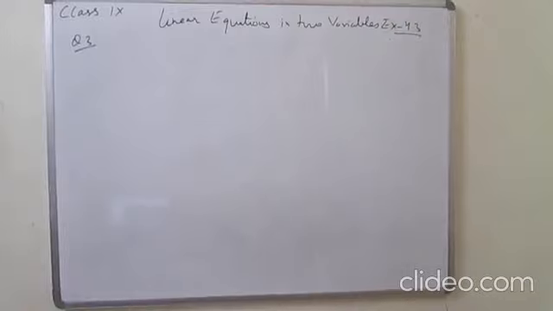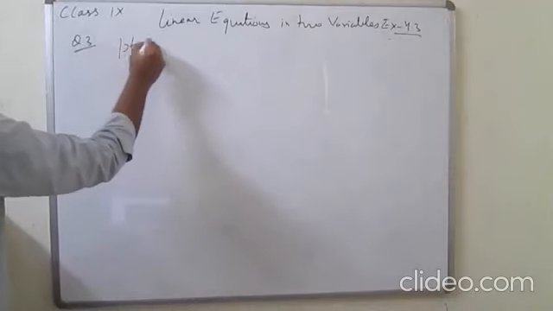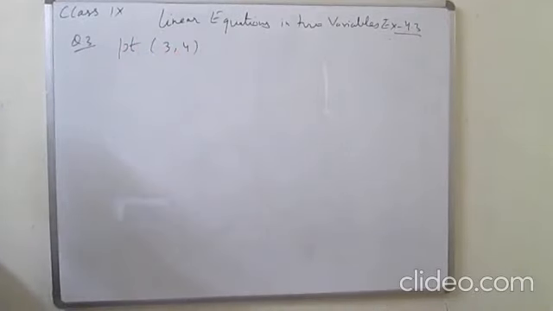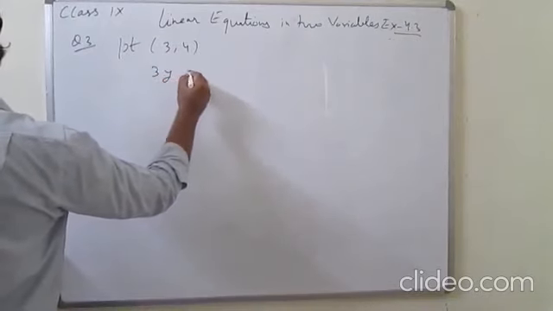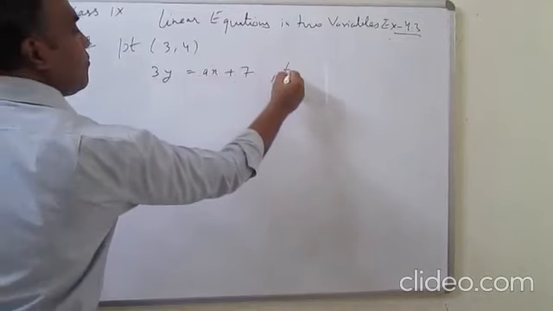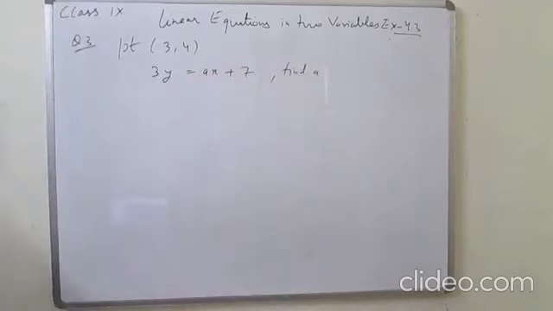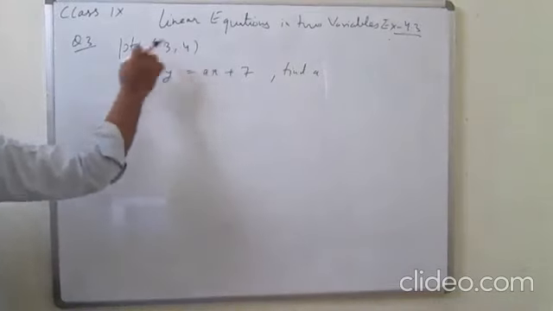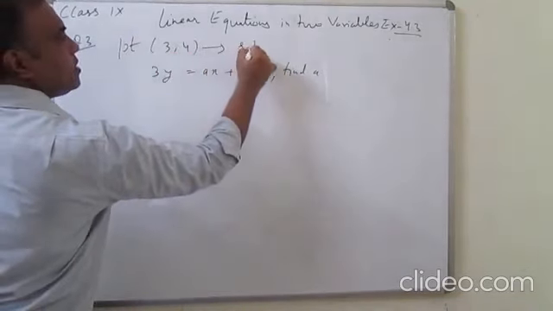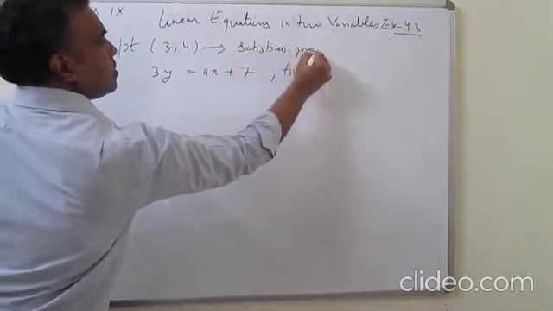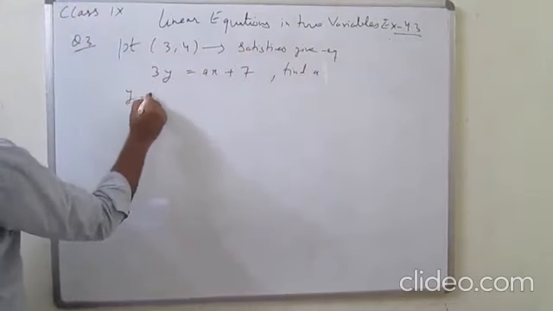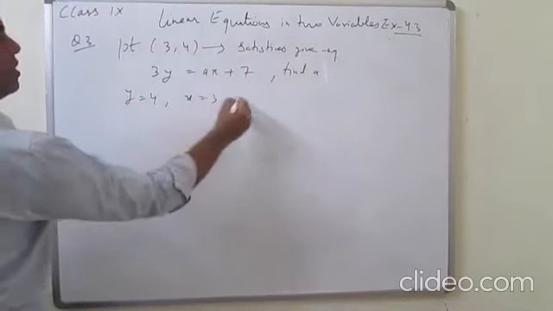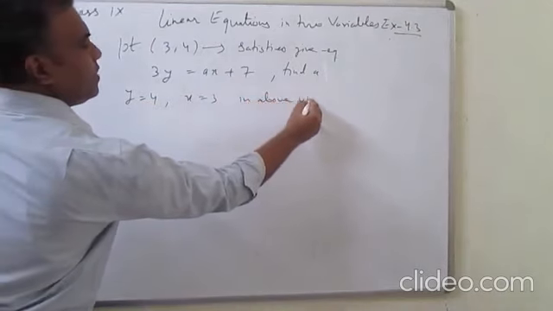Now question number 3. If the point 3, 4 lies on graph of the equation 3y is equal to ax plus 7, find a. So this point satisfies the given equation. So putting the value of y is equal to 4, x is equal to 3 in above equation, we get